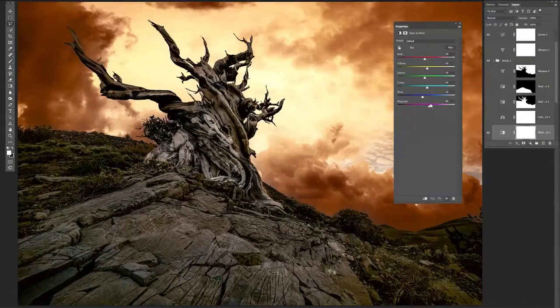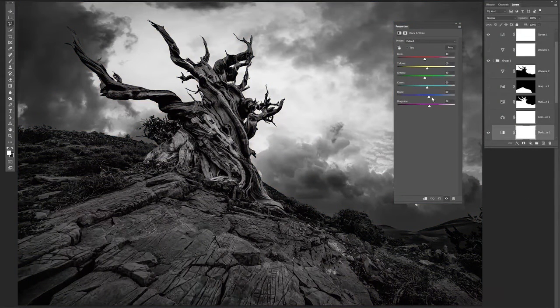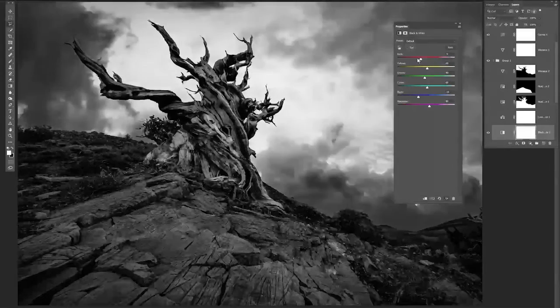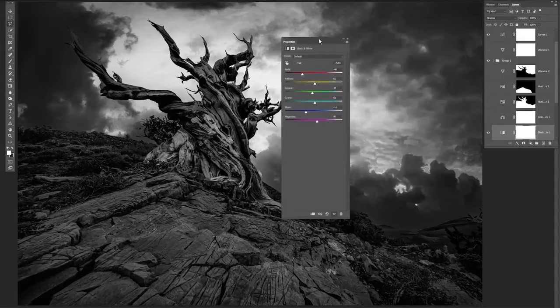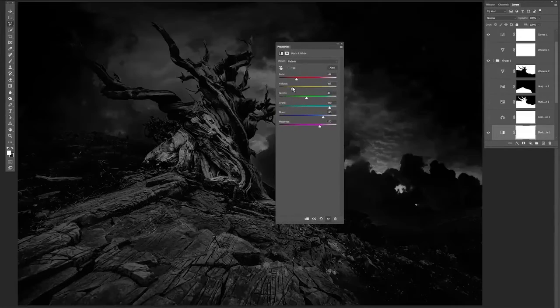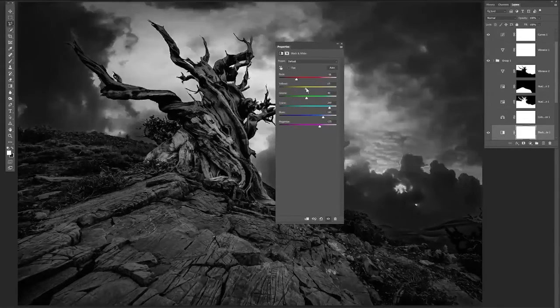Black and white is going to allow us to convert this to a black and white. But with these colors here, we can actually, well, we know there's a lot of red in here, right? It allows me to adjust the luminance of that red. So I can make a custom black and white much more striking by focusing on specific colors and changing their values. And then with the yellows here, we know there's a lot of yellow in here, but it's primarily in